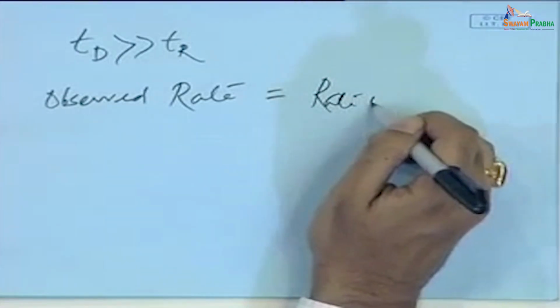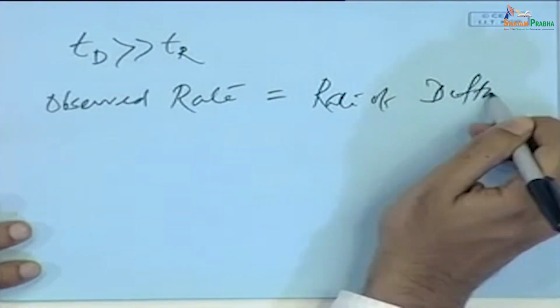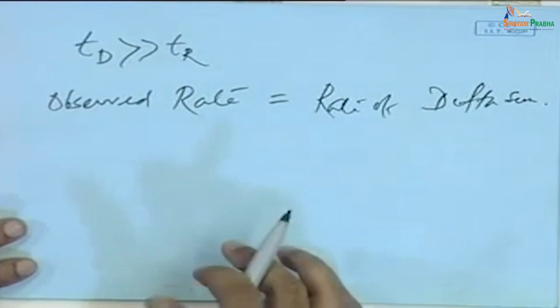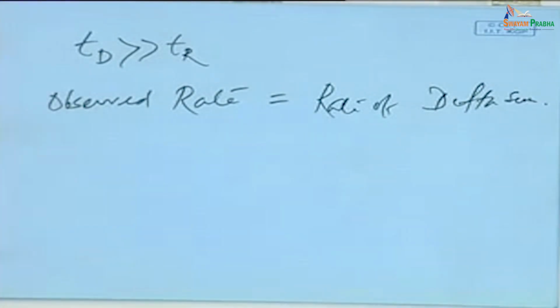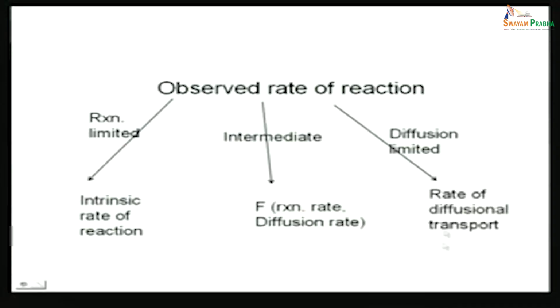So, there are two things, there is diffusion and reaction. If diffusion is much slower than reaction, then what is the rate limiting step? Of course, diffusion is the rate limiting step. So, observed rate would be equal to the rate of diffusion in this case. Okay. So, if I go back to the screen, you will see that in the diffusion limited regime, the observed rate equals the rate of diffusional transport, and in the intermediate regime,